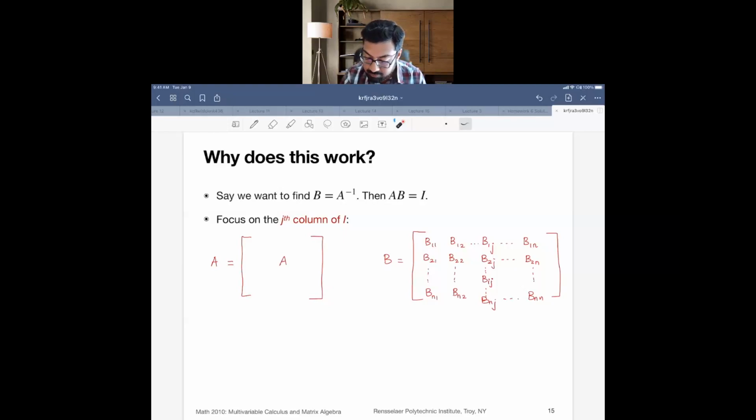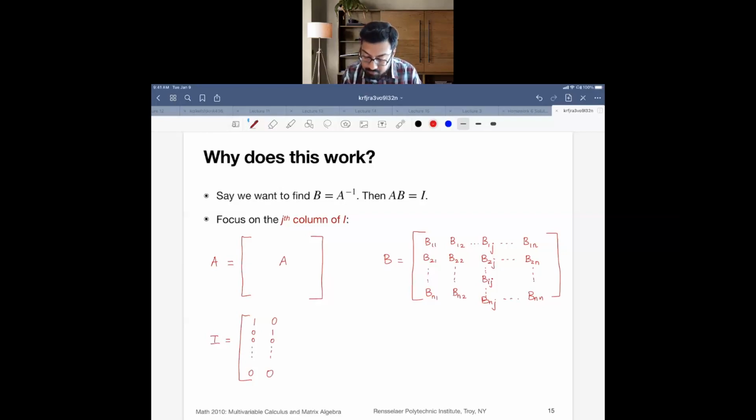So if B is the inverse of A, then I can write A times B is identity matrix. I've assumed this to be A and this to be B. I know that the result of AB should be identity, and I'll write that identity over here. So identity matrix is going to have what? It is going to have a bunch of unit vectors, right? So the first unit vector will be 1 followed by a bunch of zeros, n zeros, and that next one is going to be 0, 1,